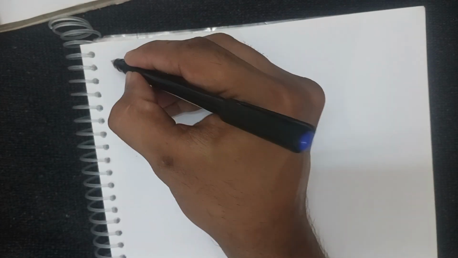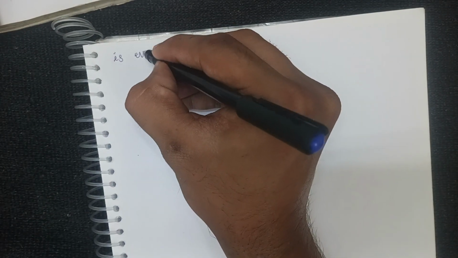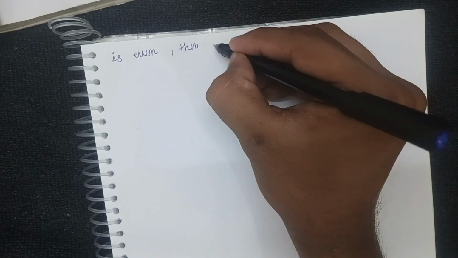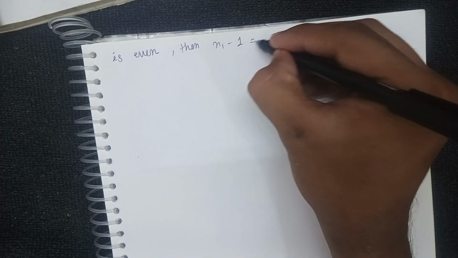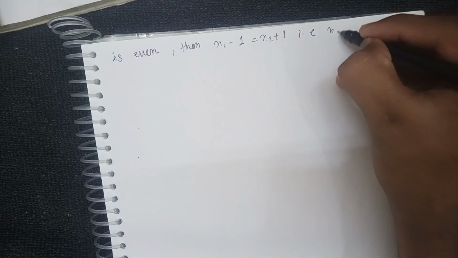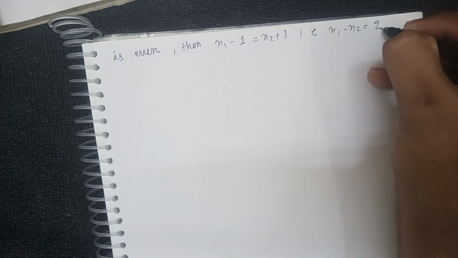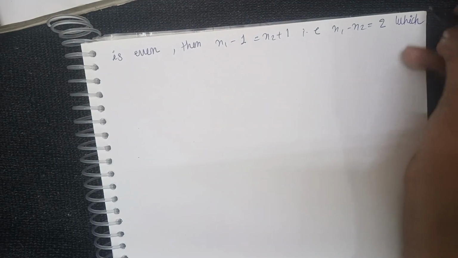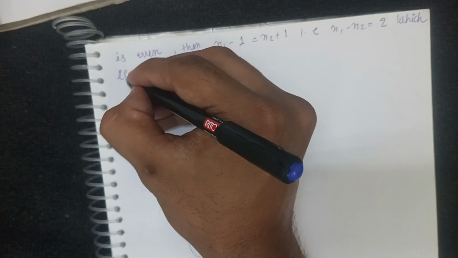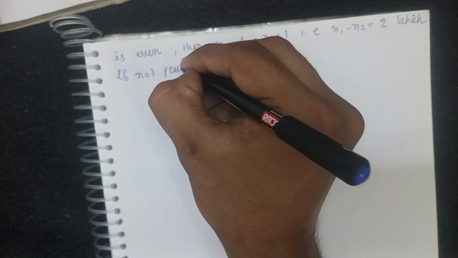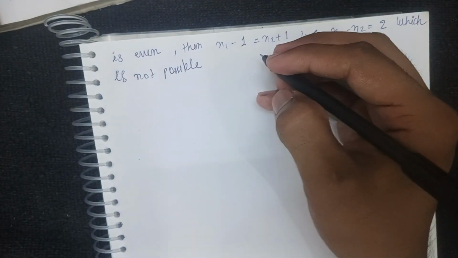Then n1 - 1 = n2 + 1, that is n1 - n2 = 2, which is not possible,